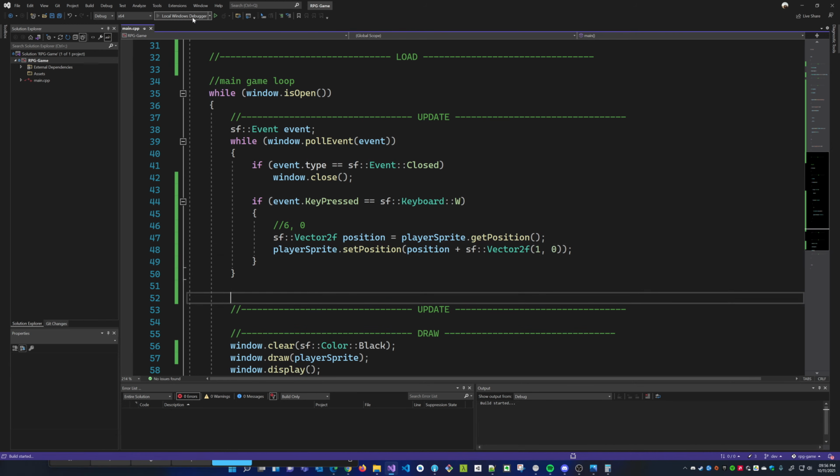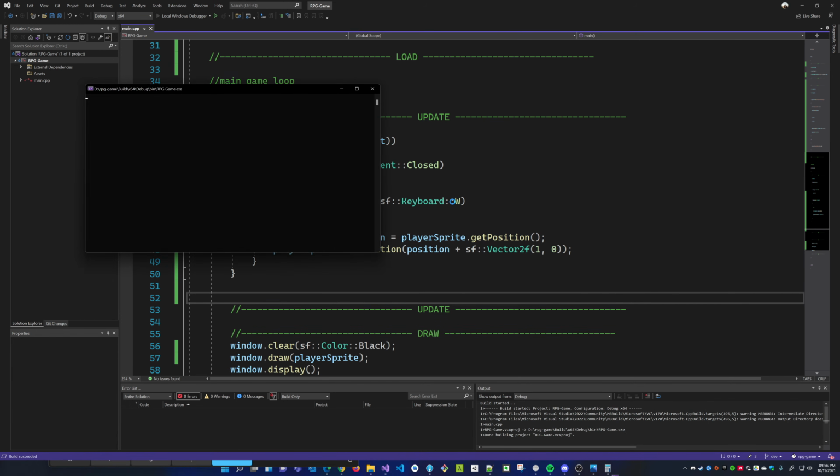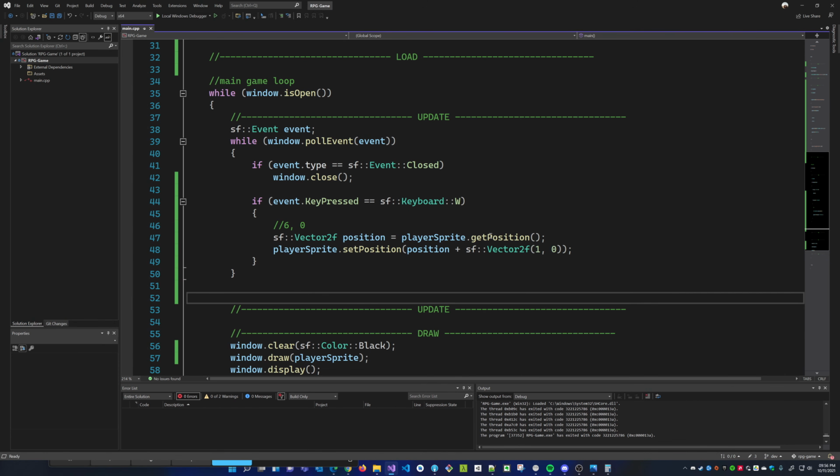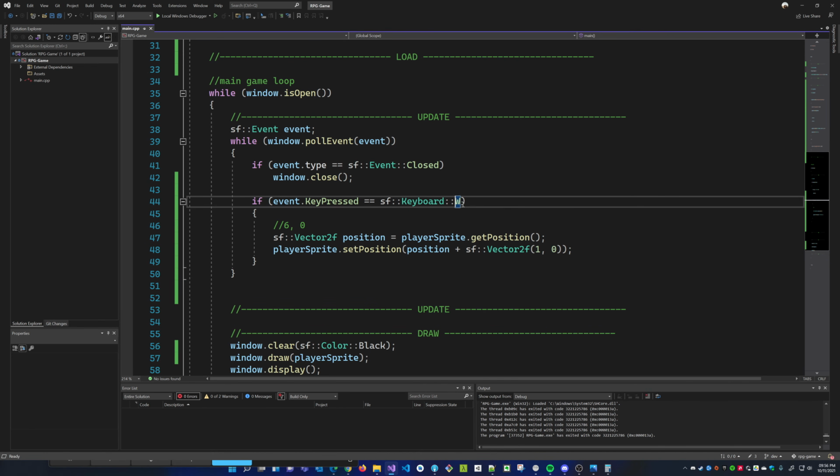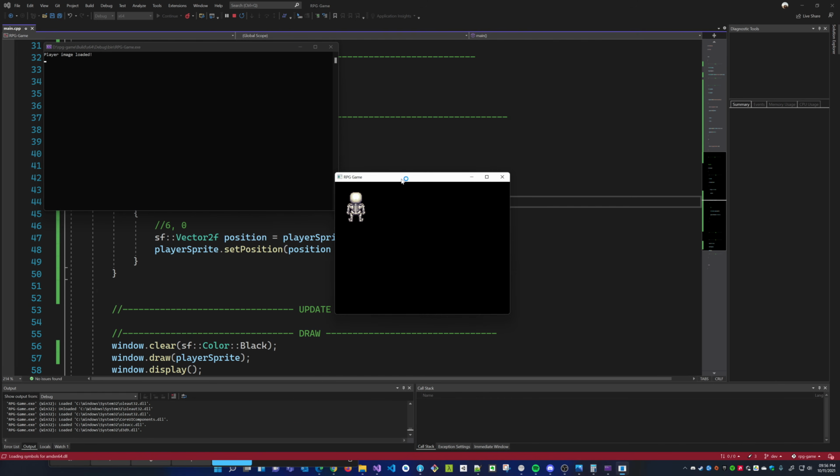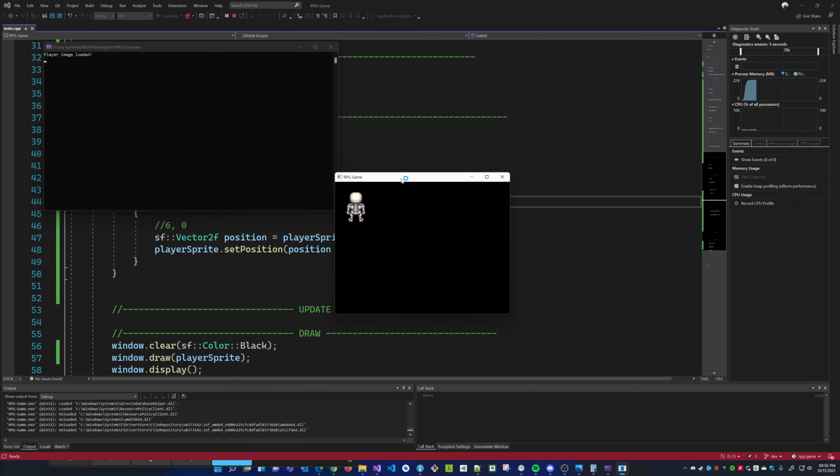Right? So now if I press play, this is W, right? Wait, hold on. W is up. This should be D, because on my keyboard, D is going to the right. I want to move to the right, not W. So sorry about that. So now, if I press the D key, I'm gonna press and hold the D key right now.